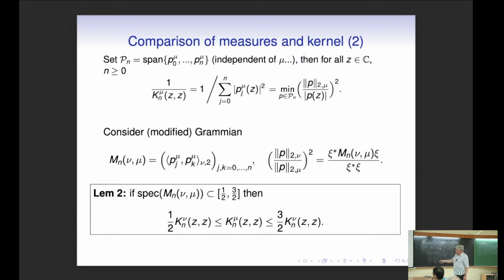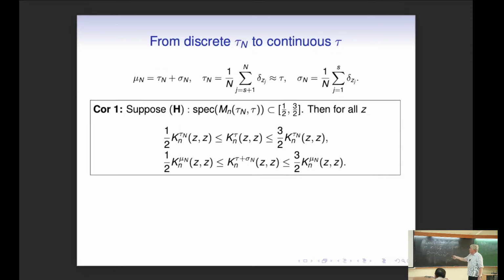You see with very simple constants, assuming, and here this matrix comes full force, that you stay away from 0 and 1 in this Hankel matrix. So if you have good control of the spectrum of the Hankel matrix, then you can assure that the approximation of the cloud is very accurate. Therefore, turn into this. And so on.